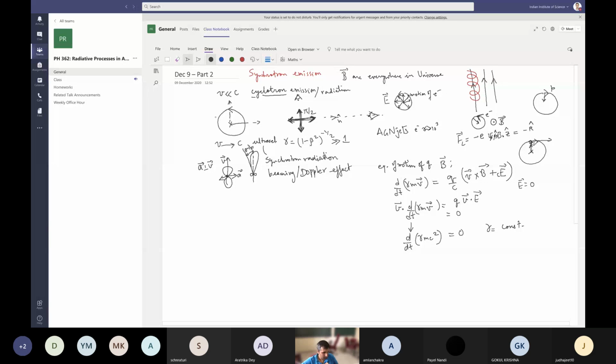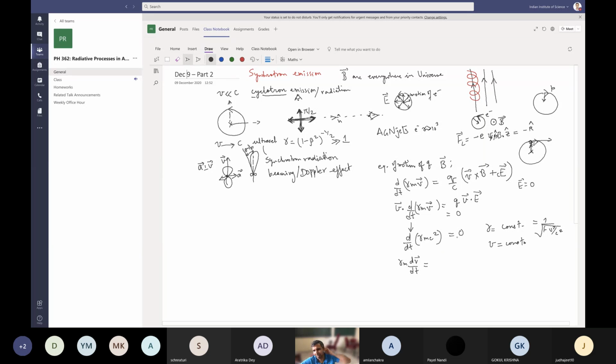Right, so gamma is equal to 1 over the square root of 1 minus v squared by c squared. And if gamma is a constant, then v, the absolute value of the velocity, or speed, is constant. So what about this equation? We can write this equation in two parts. If gamma is a constant, this gamma can come out of d by dt. So we have gamma m dv/dt